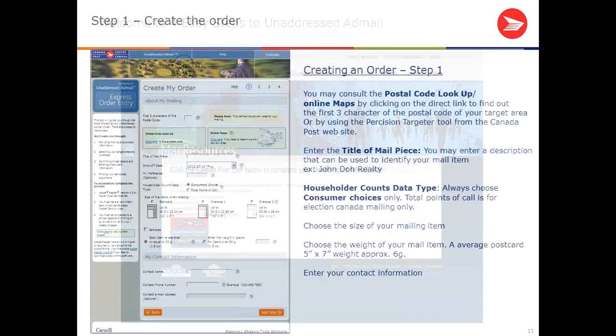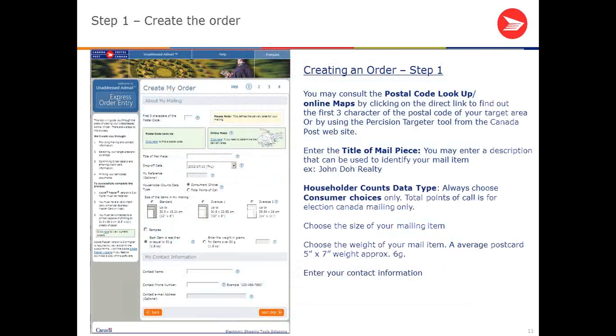All right. So you've clicked through. It actually has a private link back to the Canada Post website, which has embedded all the Macdonald Realty details and login information and contract information. And then you can go ahead and start filling this in. It's a 4-step process. So step 1